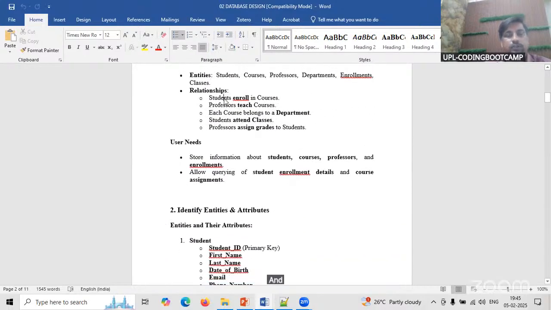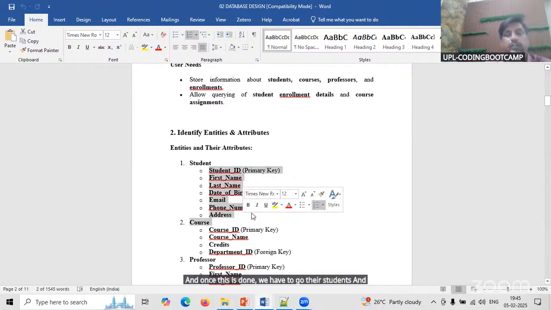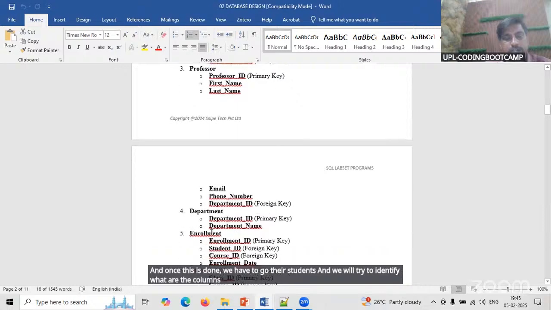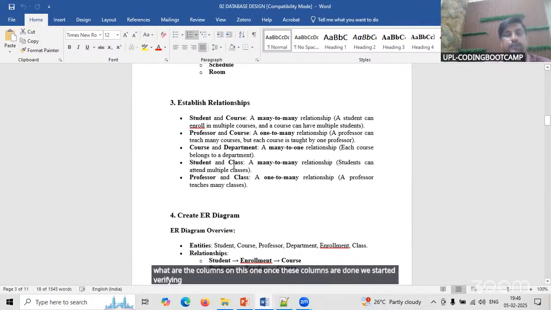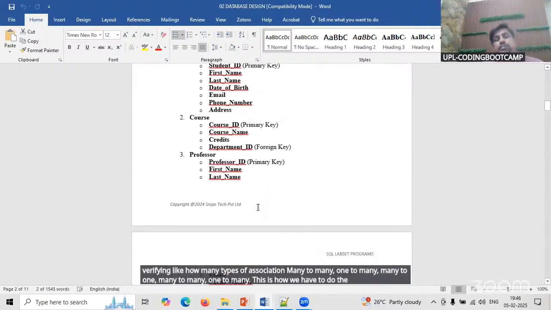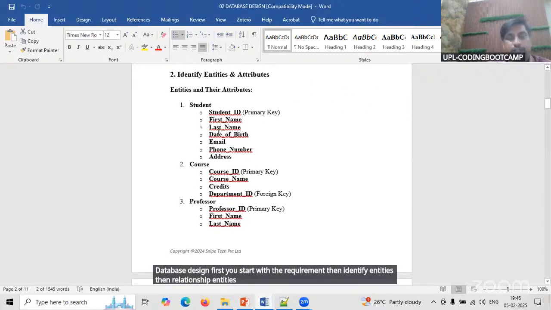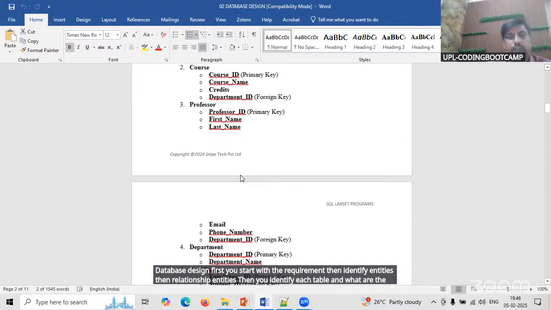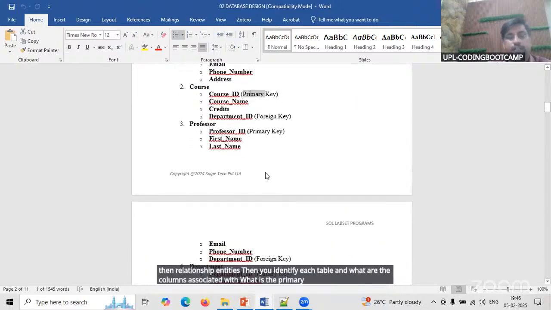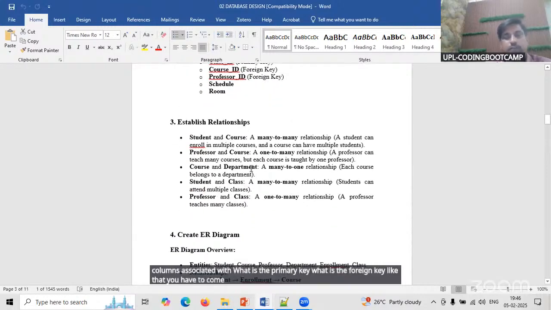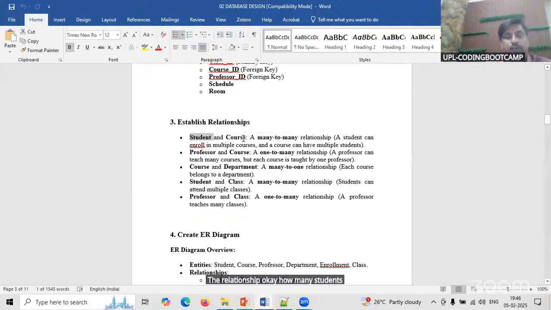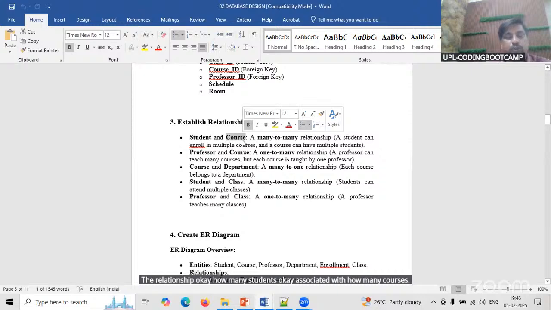And once this is done, we go to students and try to identify what the columns are. Once these columns are done, we start verifying how many types of association there are: many to many, one to many, many to one. This is how we have to do the database design. First, we start with the requirement, then identify entities, then relationships, then you identify each table and the columns associated with it, what the primary key is, what the foreign key is. Then establish the relationship: how many students are associated with how many courses, whether they will be enrolled for one course or two courses,